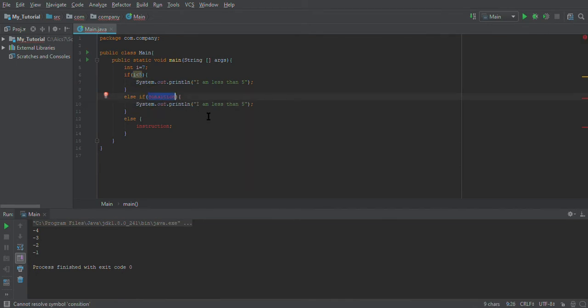Now this condition: if i is less than 5, it should do this. Let's put another condition here. If i is greater than or equal to 5, so that we won't have loopholes here. But let's add something nice. In Java, the and is double ampersand, and i is less than, let's say, 10. So if i is greater than or equal to 5 and i is less than 10, that means if it's from 5 to 9, then it should say I am